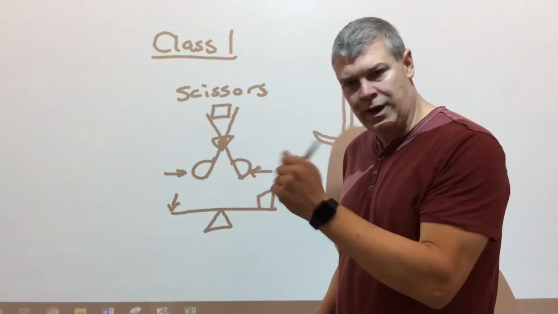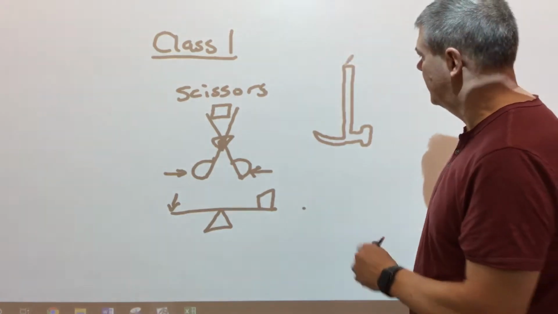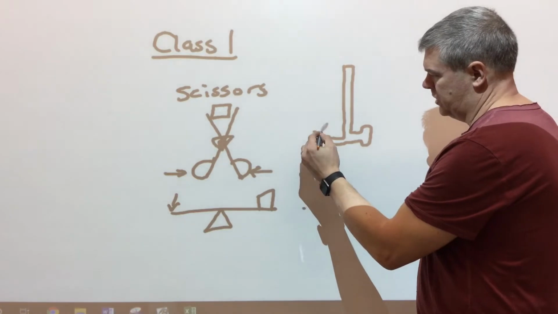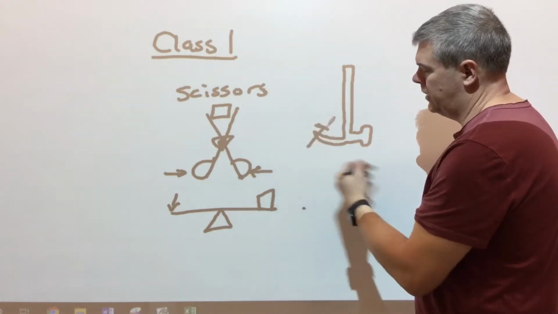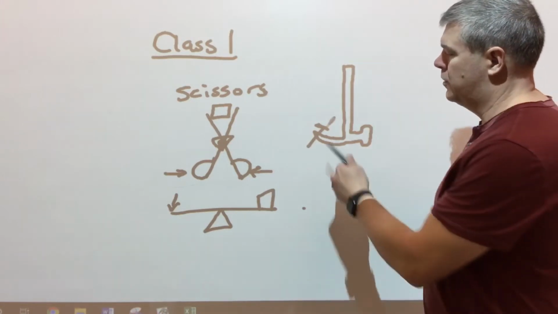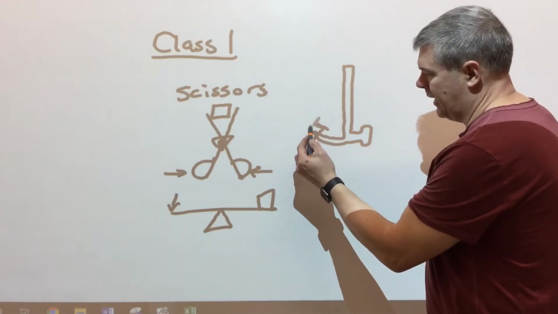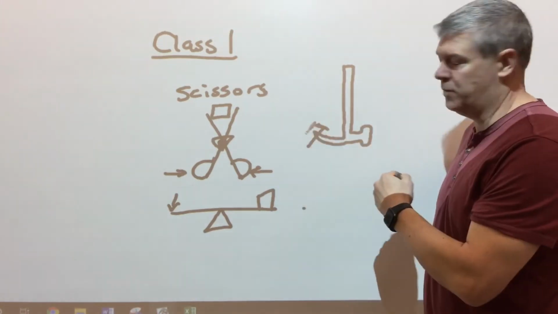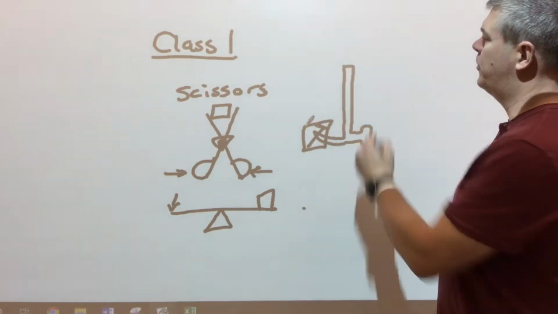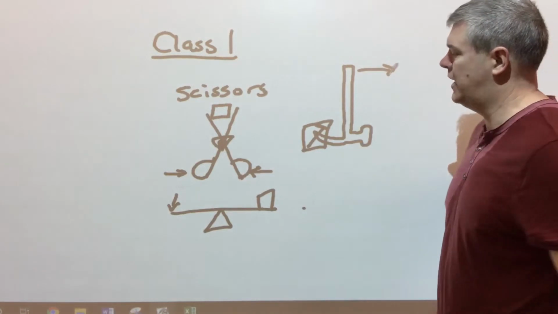You can use a hammer to pound nails in, and we'll talk about that a little bit later. But you can also use a hammer when it's in this position to pull nails. So let's say I've got a nail and a piece of wood here, and I'm trying to pull it out. Okay, the load would be represented by the nail that I'm trying to pull out. So here's my load. I grab the handle up here and I'm going to pull here, so that's the effort